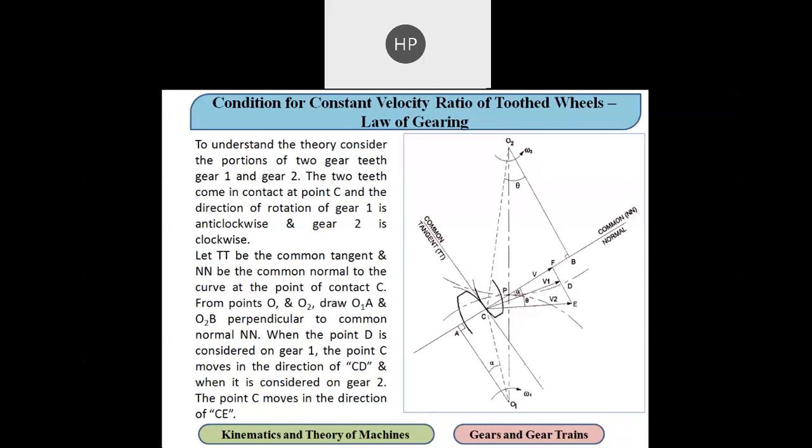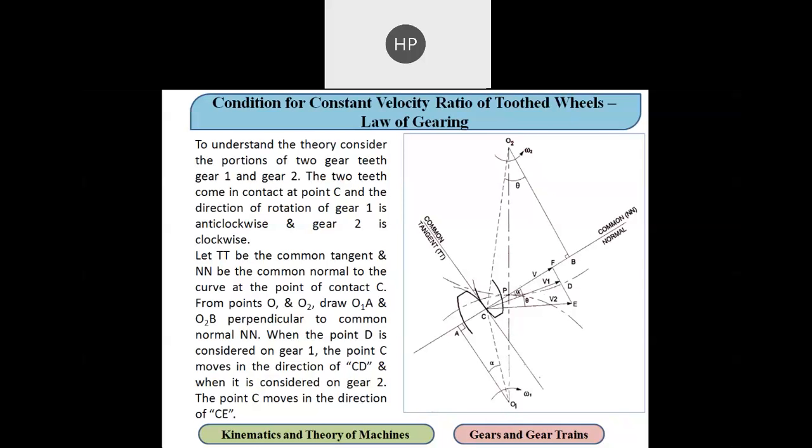Now, one important theory, which is also known as the law of gearing, is what we are going to discuss today. Whenever we design any gear, that gear should follow this law. Then it will be able to transmit the motion and power from gear 1 to gear 2. Generally, the design is also based on this law of gearing. So what this law of gearing means, and how it is derived, that we are going to